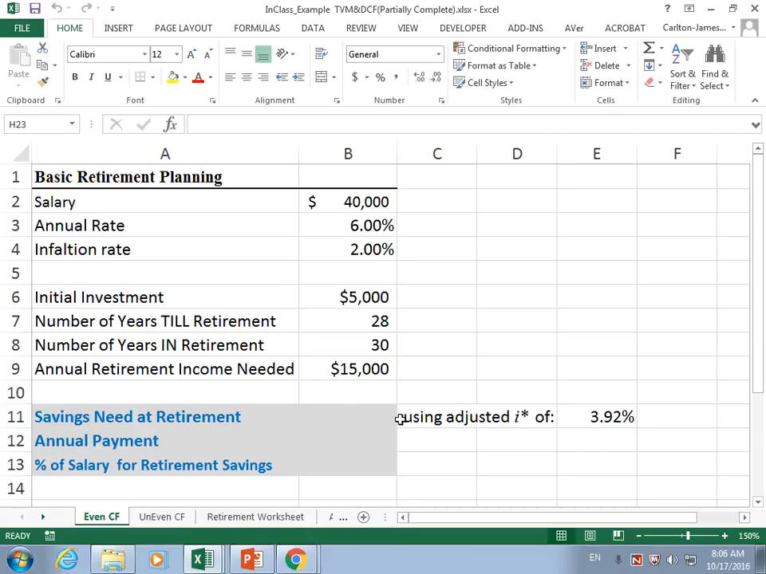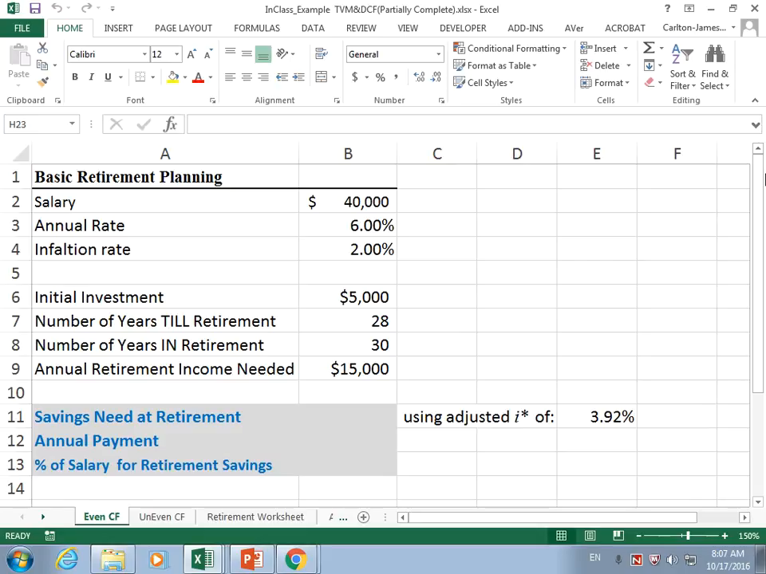Okay, so this is sort of where we had stopped. And this is kind of like what your assignment is all about. We're saying if you know that in retirement, this is the amount of income that you're going to need, and the inflation rate is at 2%